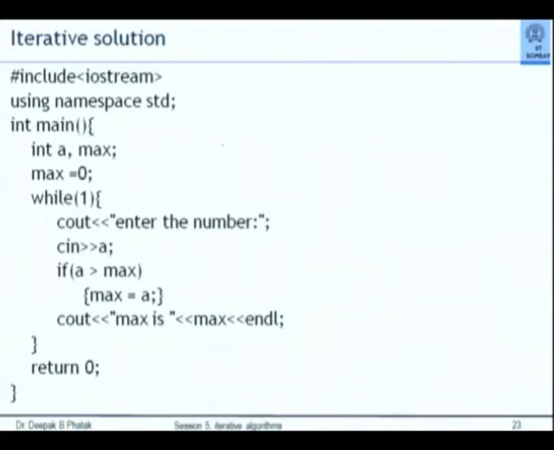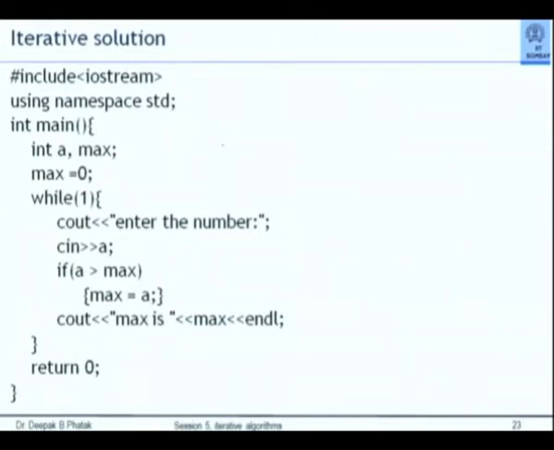Okay. Let us read this program carefully. int main, int a comma max, max is equal to 0. So far good. While 1, we'll discuss that. When while comes, it means I am specifying repeated execution.